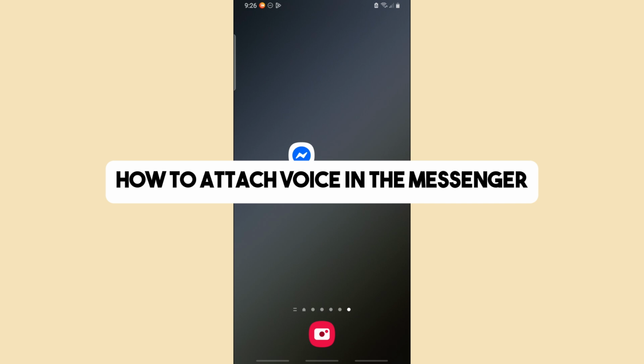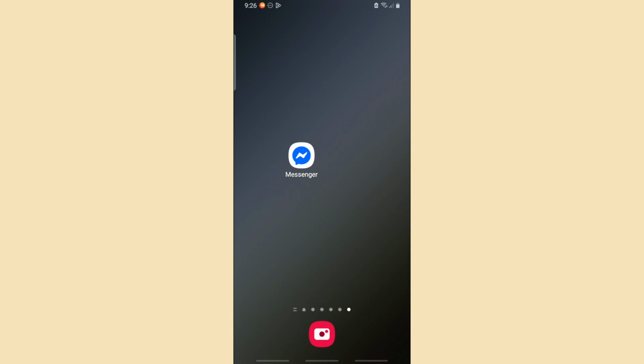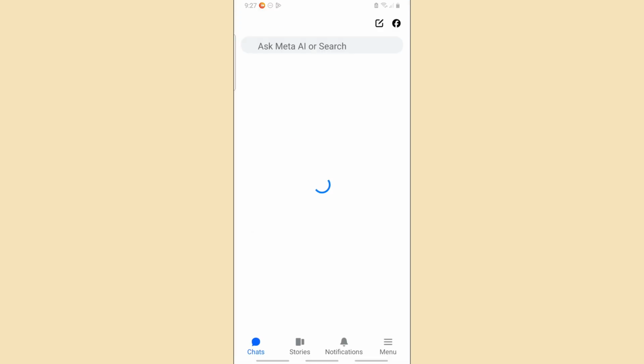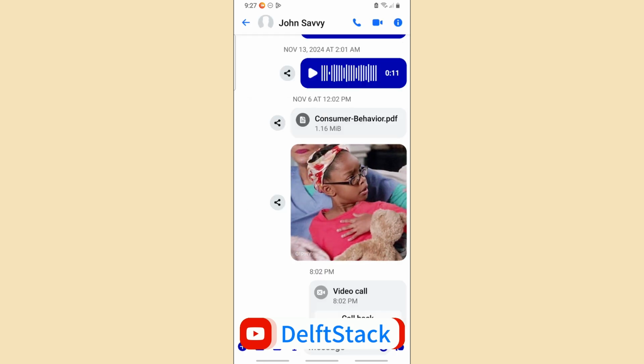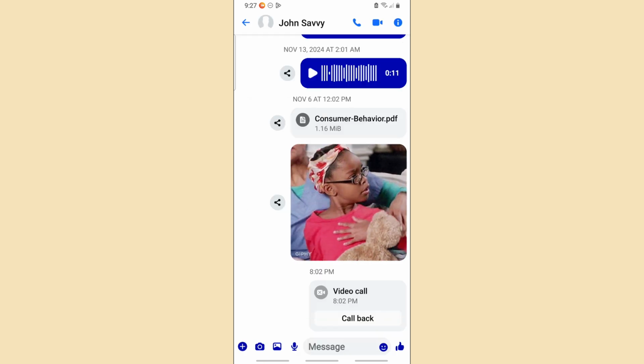This is how to attach voice in the Messenger. So guys, to do this process, first you could just simply go ahead and go to the Messenger application on your device. Now, here, of course, you could just simply go to the inbox or to your friend's messages. Now, over here, to attach a voice in the Messenger, as you can see down below, you will